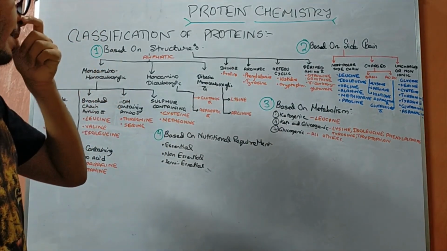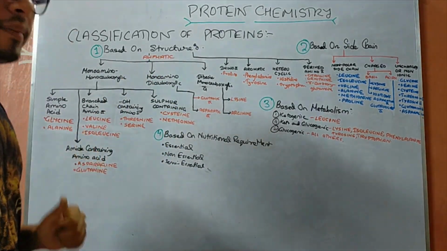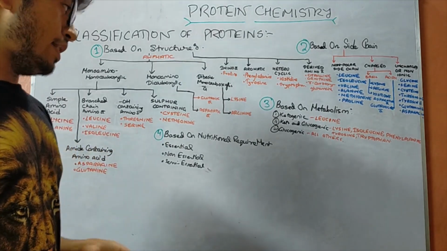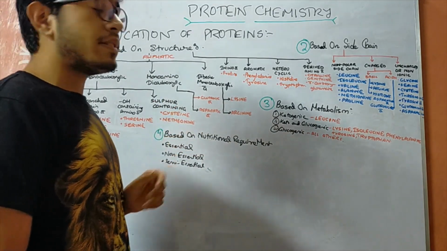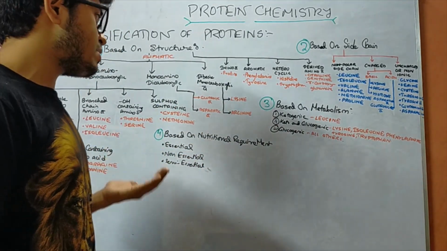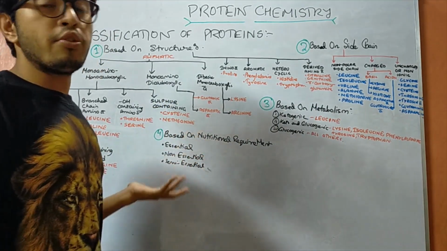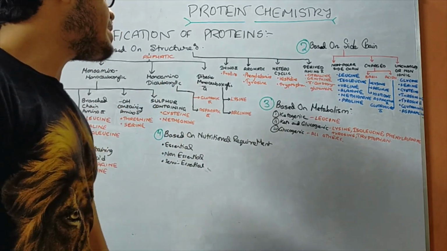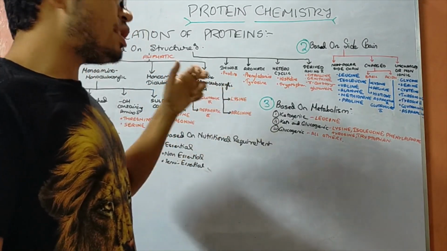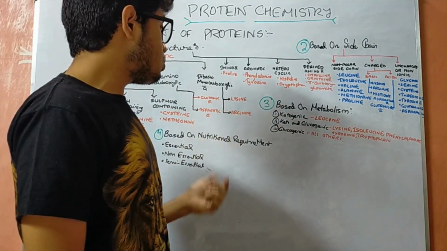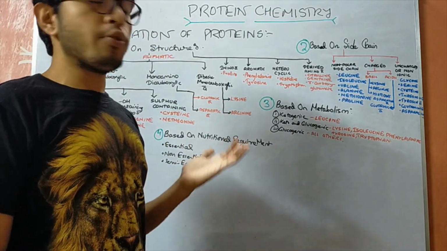Then monoamino dicarboxylic amino acids can again be classified into two types: glutamic acid and aspartic acid. Glutamic acid, as we already know, is one of the most important amino acids required in our daily diet for various purposes, because there are various gamma-carboxyglutamated proteins present in our body. Then coming to the dibasic monocarboxylic acids, which are lysine and arginine. Lysine has an epsilon amino group and arginine has a guanidinium group. These are the specialities which these proteins have.